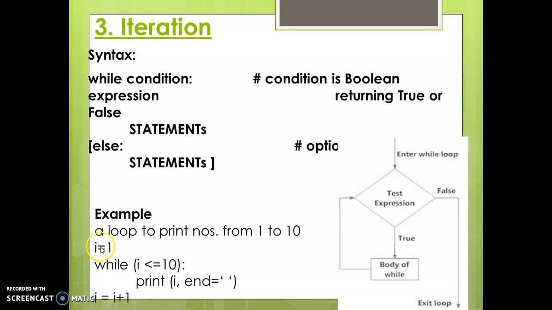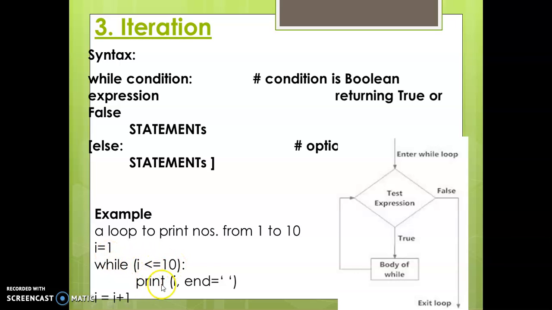I equal 1. What is I here? I is a variable which is assigned the value 1. Equal here is the assignment operator. So here, see, with the Boolean expression, I am using while. While, see, Boolean expression: I less than equal 10. It will work. I already is 1. Now it will work till 10.